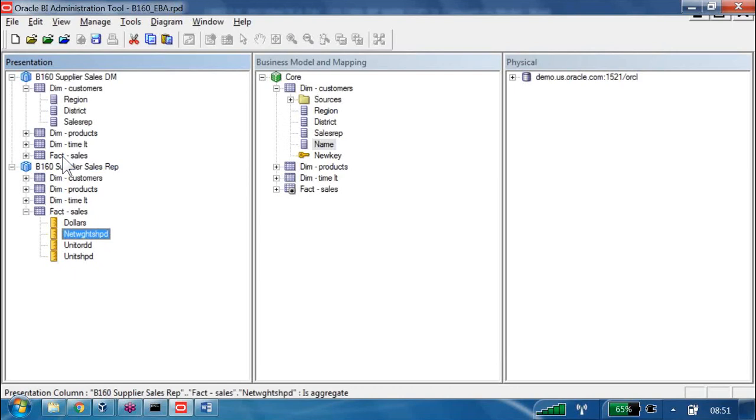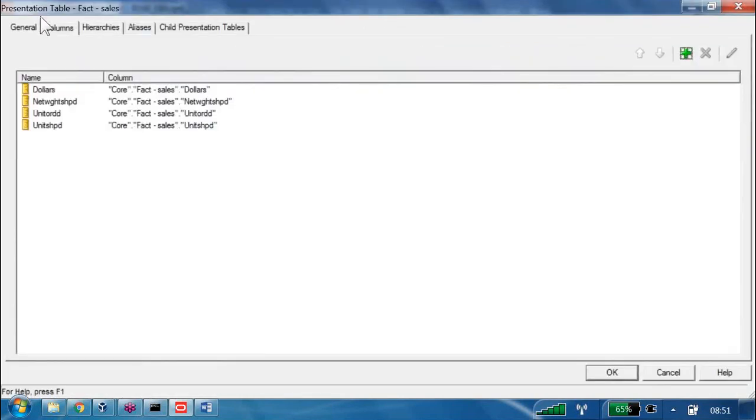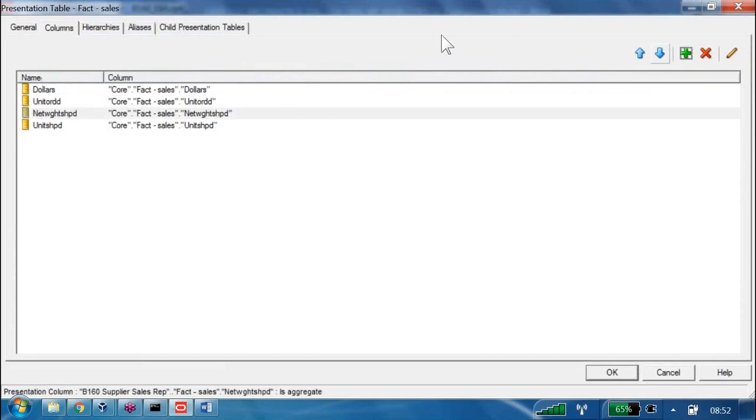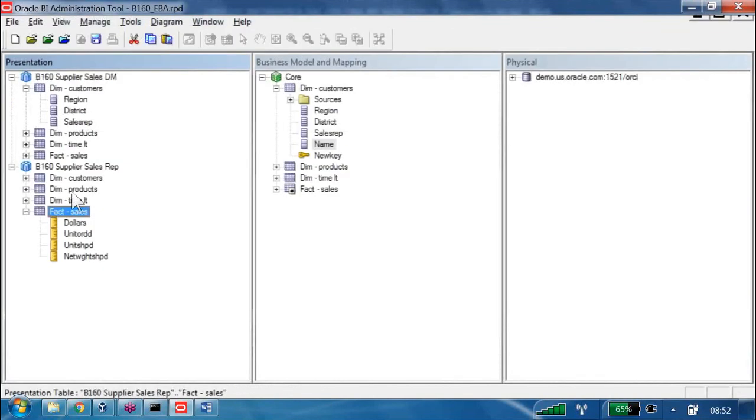So this column's parent is this guy. Let us go over there. There we have the columns, net weight shape. Here we have the down arrow mark. We can use the down arrow mark, click on OK. That's how we are going to reorder it. The more used columns, the ones most of the reports use, we keep in the top position. Less used columns we keep in the bottom position. That's it. Next point.